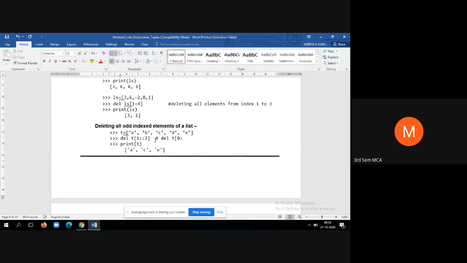I don't specify J, so it considers till the end. Then how many jumps it has to take, that is the K value 2. So this will delete all elements that occur in even index positions, that is 0, 2, 4, 6, 8, and so on.